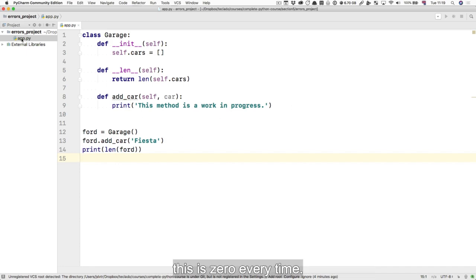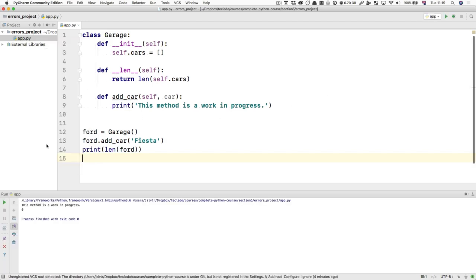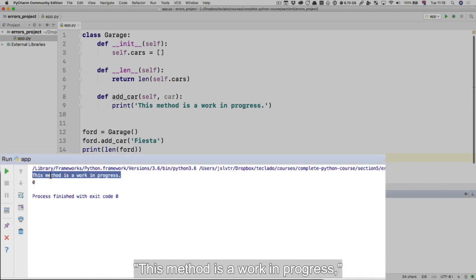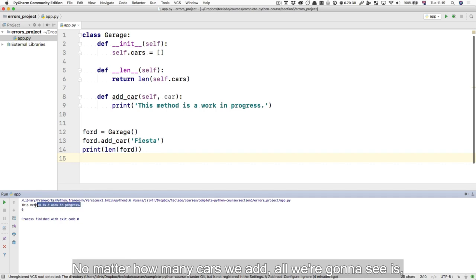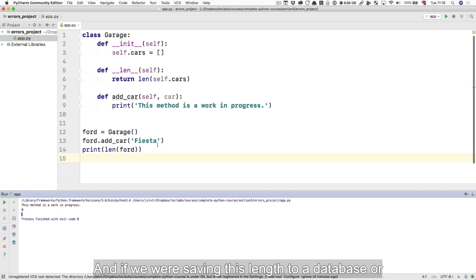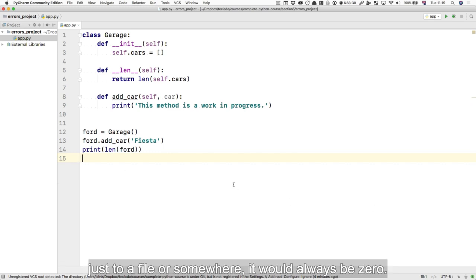Let's run our app. And as you can see here, it says "this method is a work in progress", first of all, and then it just says 0. No matter how many cars we add, all we're going to see is "this method is a work in progress" over and over again. And if we were saving this length to a database or to a file or somewhere, it would always be 0. If you run it, then you may wonder, hey, what's going on here? And then you're going to have to actually run the program manually, like so, in PyCharm, to see the printouts. And then you'd see, okay, this